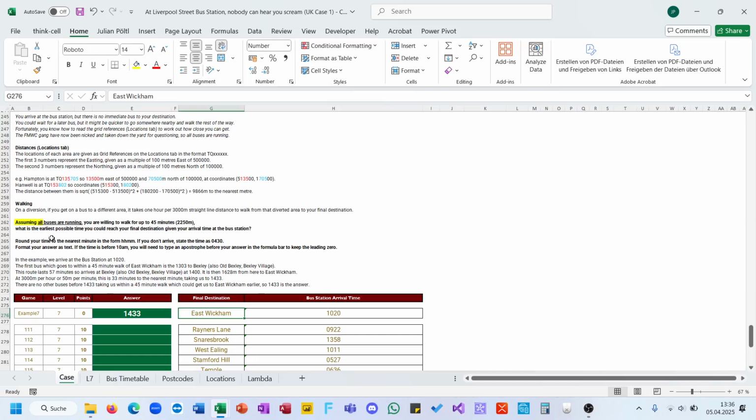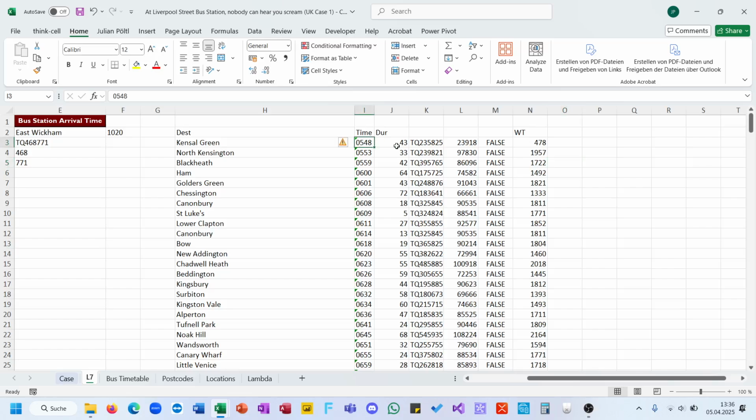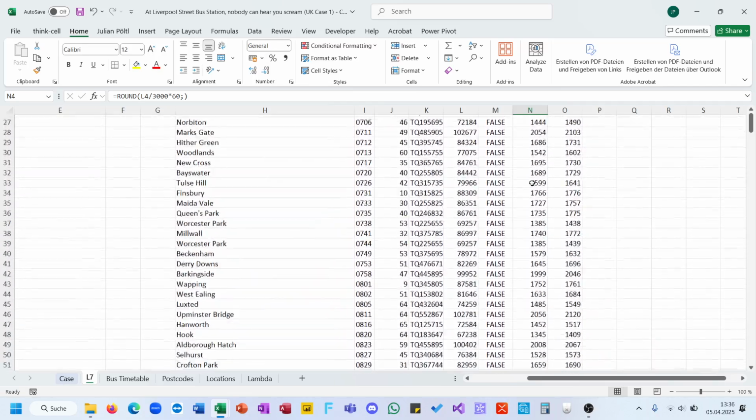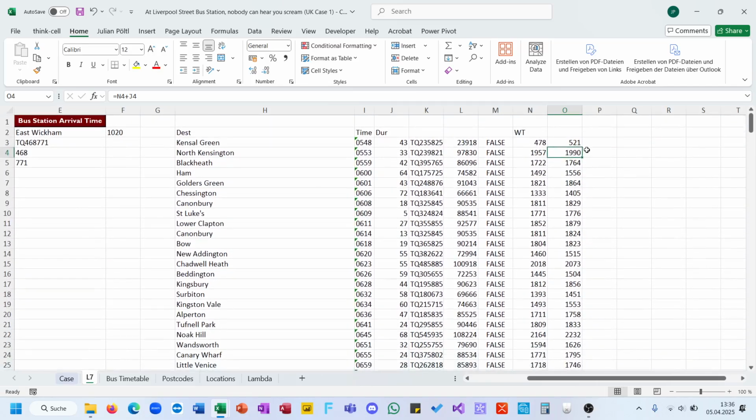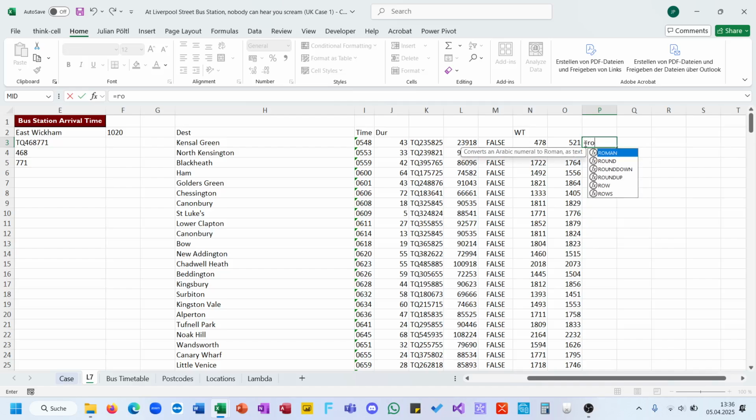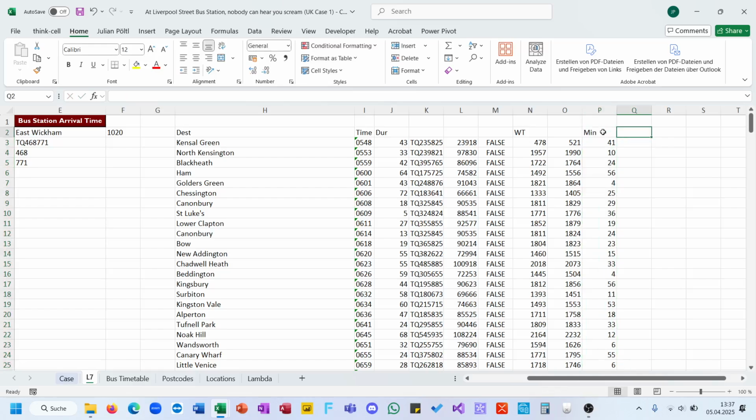so now a lot of reading you see here. Now we want to know the time the bus is arriving then, including the walking time and the duration. So in this case, it's this plus this. Is this in minutes? Oh yeah, it's a minute. And now let's round, or let's do a mod 60. So this is the number of minutes, and this divided by 60, rounded down, is the number of hours. So,